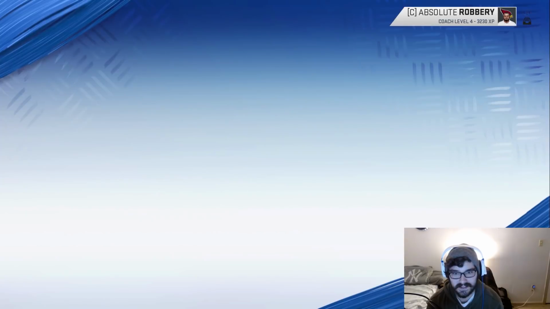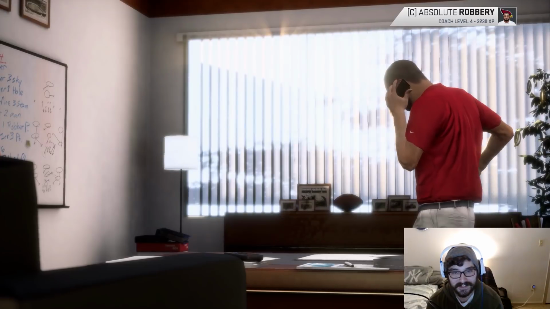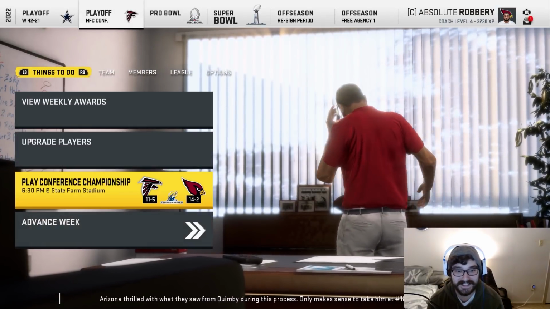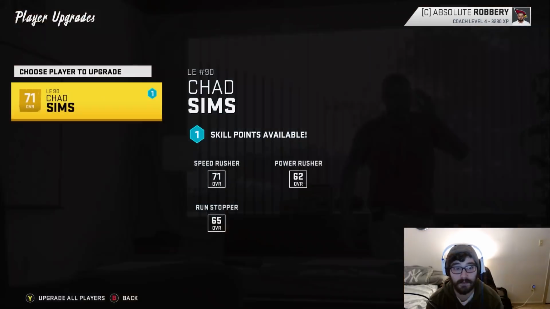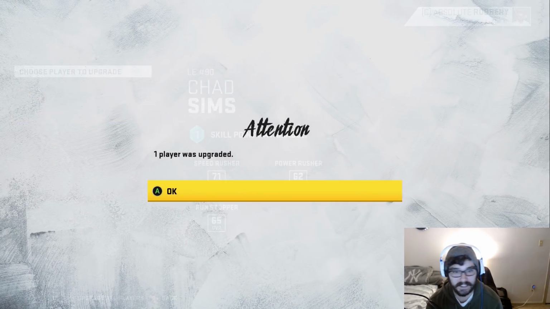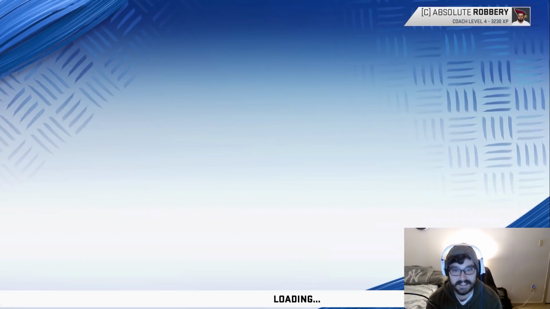Let's check out these weekly awards. J.J. Watt had 2 sacks. Kyler Murray had 5 passing touchdowns and a rushing touchdown. Okay, man. This team is dominant right now. Let me upgrade the players before we hop into the game. And of course, I will actually hop into this one. I don't know how much I'll play. If the computer is controlling the game, I'm not going to bother hopping into it, but let's at least enter